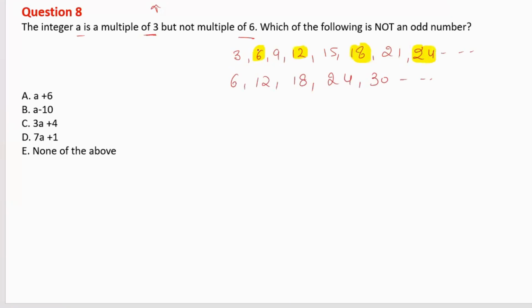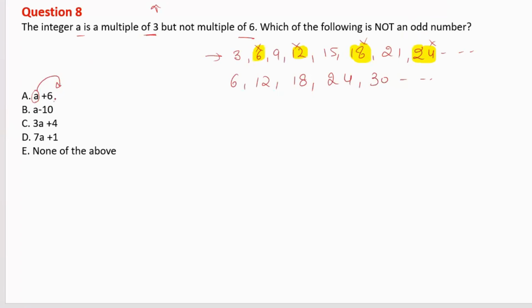I have cut all the even numbers out of the multiples of 3. All the remaining multiples are odd numbers: 3, 9, 15, 21, and so on. Right? So those are all odd numbers. Okay, so now they are asking which is not an odd number. Okay, A, if I'm putting here, which is not an odd number plus 6,